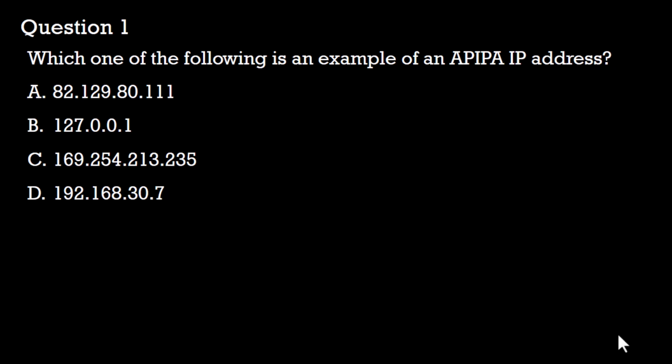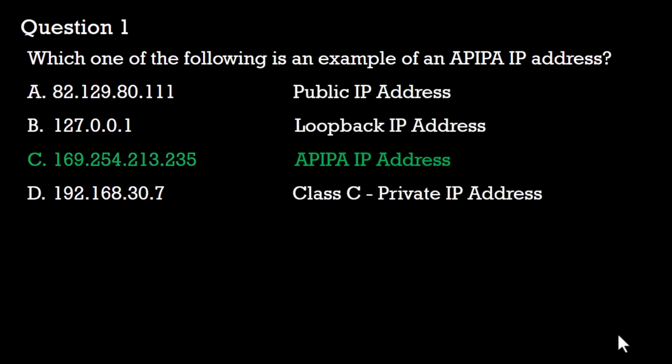It is a feature in Windows-based operating systems that automatically assigns IP addresses from the range of 169.254.0.1 to 169.254.255.254, especially when the DHCP server is not available. So in this network, no static IP addresses have been assigned. So based on the question we have here, an example of an APIPA IP address will be option C,